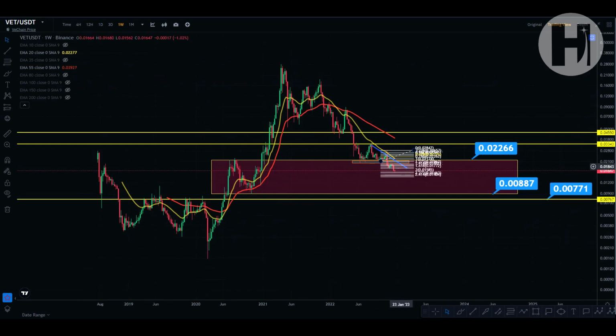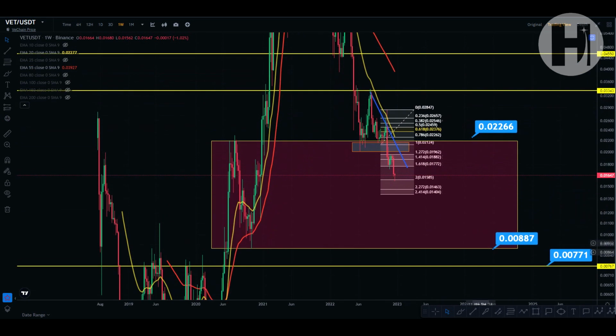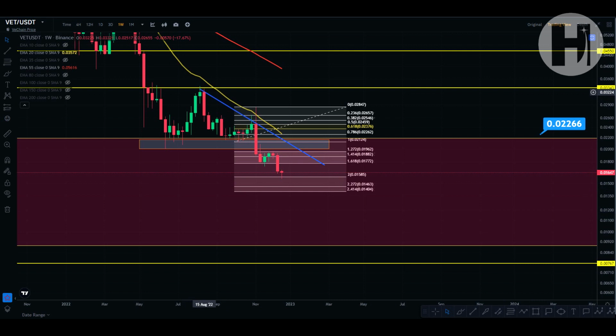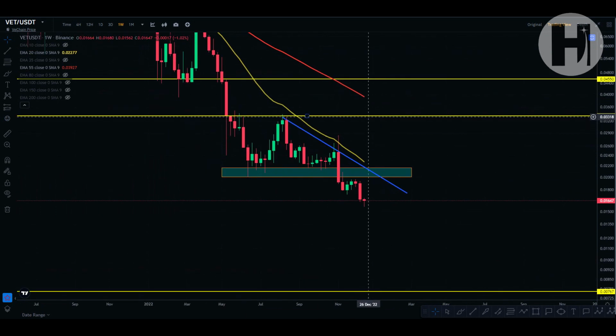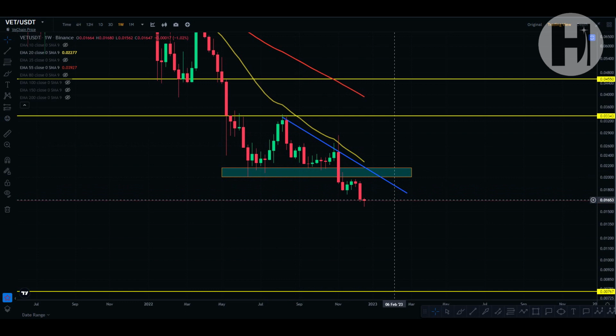Obviously, the 20 EMA is going to be something we could retest. Also, the blue trend line here is something you could keep in mind for a resistance move. So we retested it in August, in October, or I should say November. And potentially we could do something similar in January where we have a move to the downside. As you can see, multiple touches off of this blue trend line. Maybe you don't see it very well. Let me remove the unnecessary stuff. As you can see, there's the blue trend line, and that is the resistance you could be targeting.